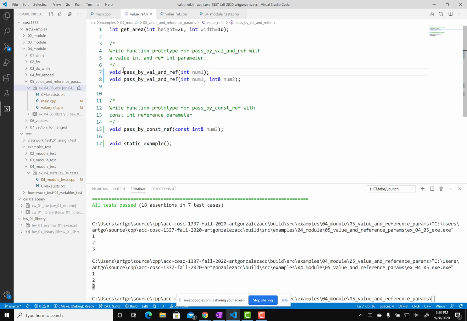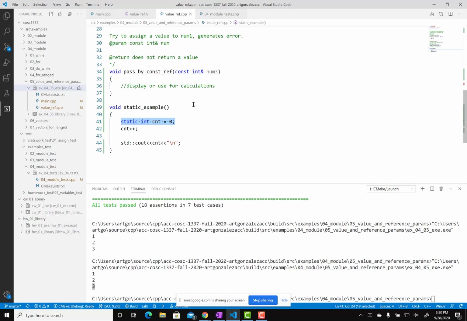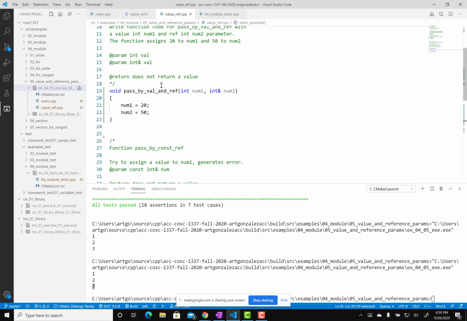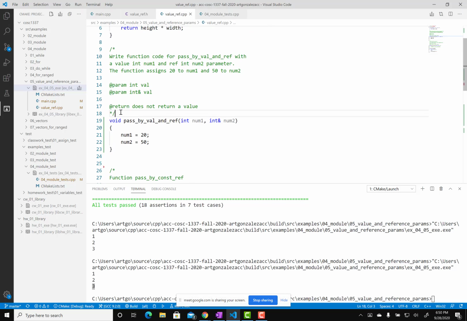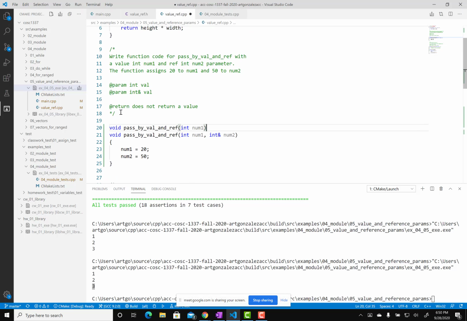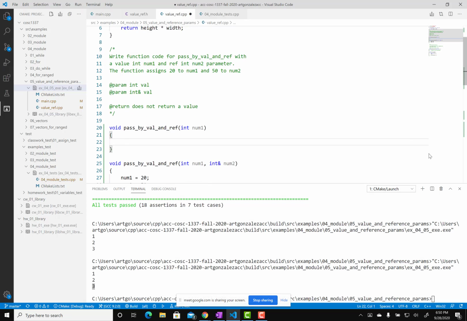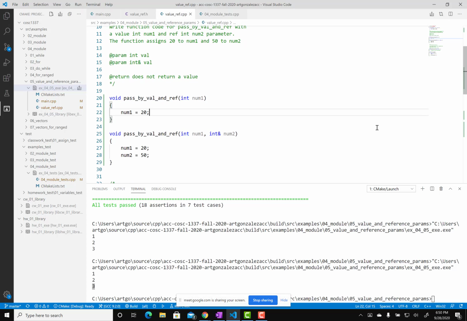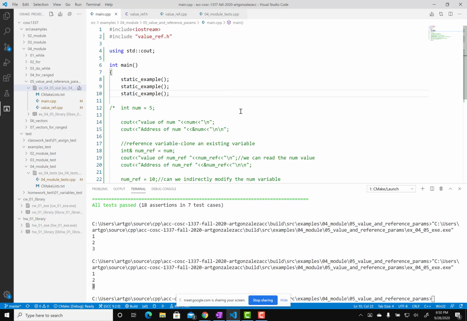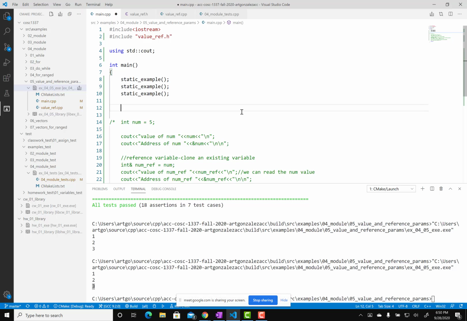I don't have function code for this one, so I can go to the CPP, and I'll just keep it simple, right? So here I will say open close curly brace, and I'll just say what we were doing over there, right? Num1 equals 20. And I can come to main.cpp, and I can say